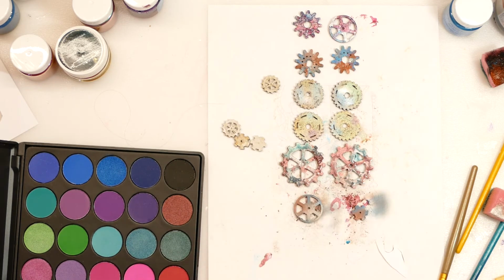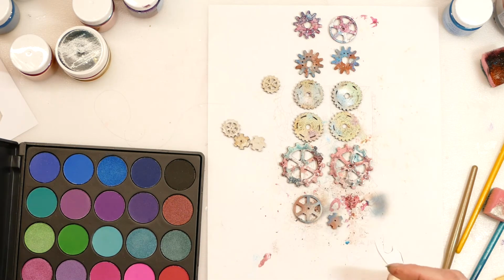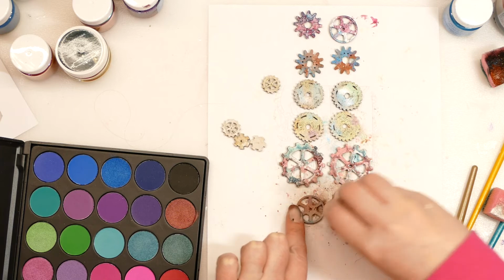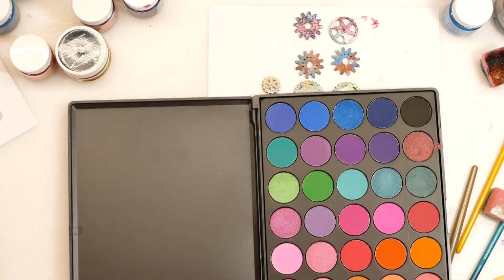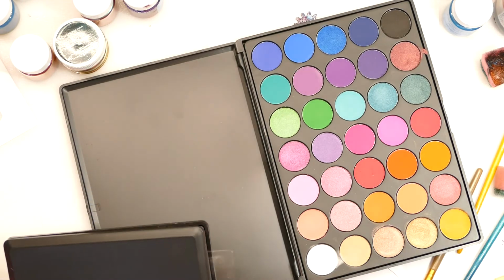Okay, actually, I really quite like those. I'm going to put a bit more on, they do blend really, really well, which is lovely. Right, I'm going to put a bit more of the rusty colour on. I've got rust in this palette as well. The only thing that bothers me about these palettes, I love them, but I bought the two, so I bought the full kit. So I've got all of these, and all of these,